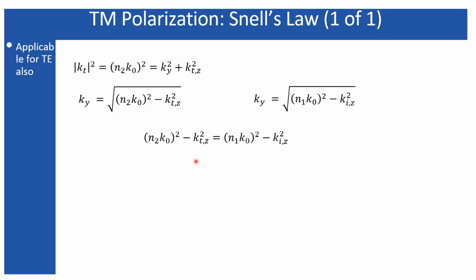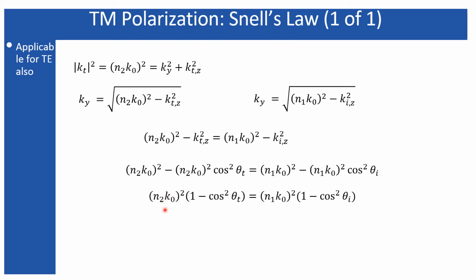Now, from this expression, we know the transmitted wave vector along the z direction can be represented in this way. Already we have seen such a representation in my earlier slide, and a similar type of representation I have used to represent the z component for the incident wave also. And if I take n2 squared times k naught squared common from both of these terms, and n1 squared times k naught squared common from the right hand side, the final equation will result in this way. And you can easily identify what it is.